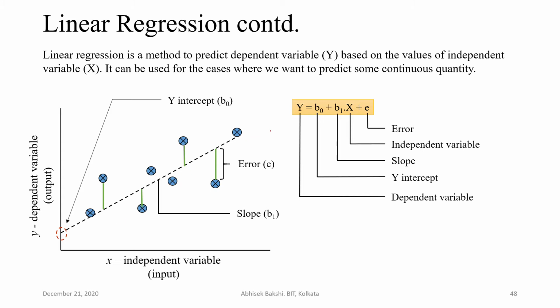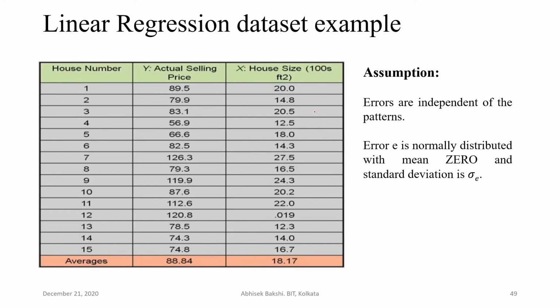And what are the free parameters? This b0 is a free parameter, b1 is a free parameter. So basically, when we apply some algorithm for finding the curve that can optimize the error between all the points with respect to the predicted points on the curve, we actually optimize this b1 and b0. So here is an example of linear regression with a data set.